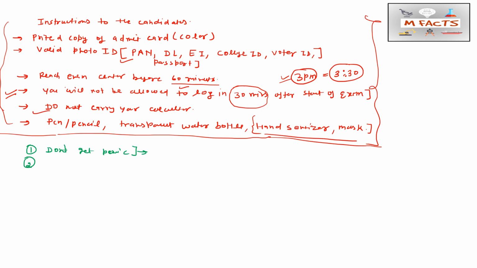If you don't know the answers to those three or four questions, move to the fifth question. Maybe that fifth question is waiting for you, and it will be easy. That fifth question may give you 1 mark. But if you stay on those three or four questions and think, I have done this topic and I am not doing this question, I will do that question, that will be a total waste of time.